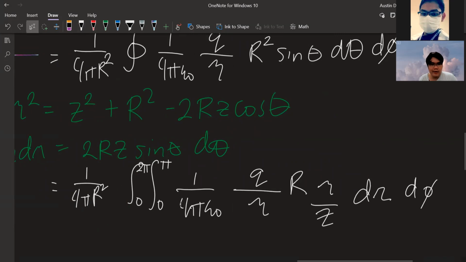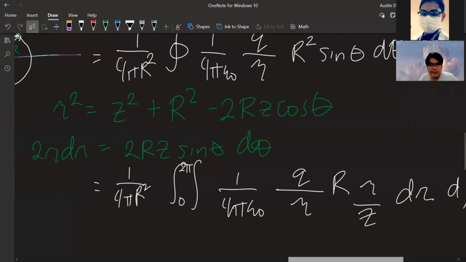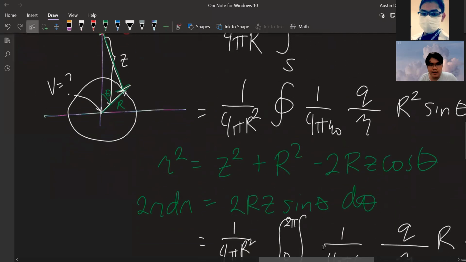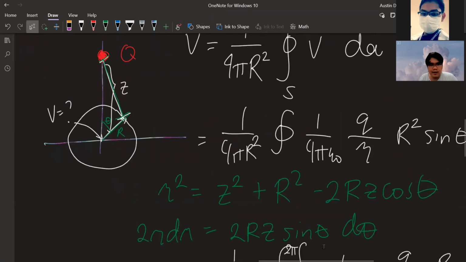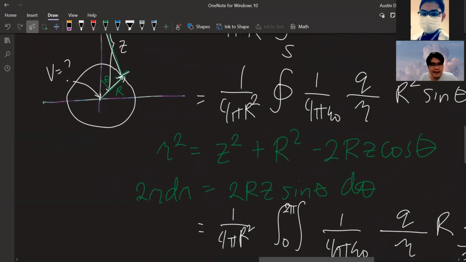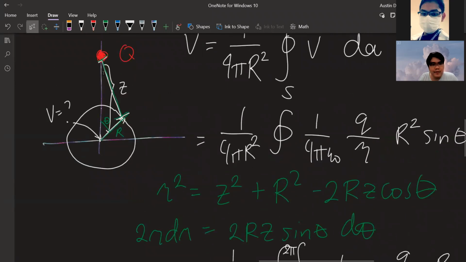Okay, so since nag-switch na tayo from theta to r, ito ay magbabago na. So this is actually, so since z, itong z mo,